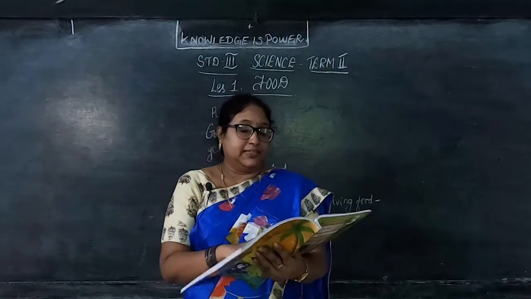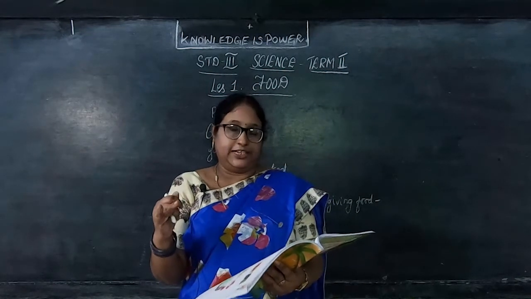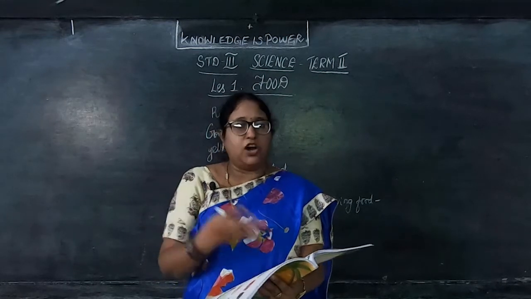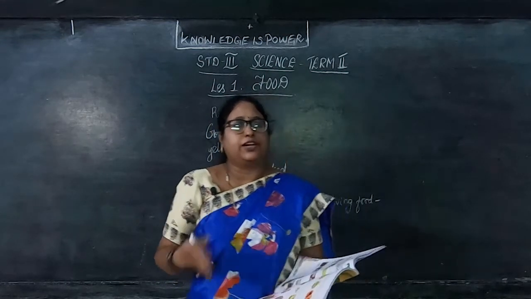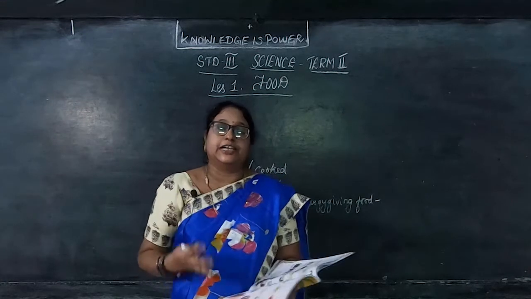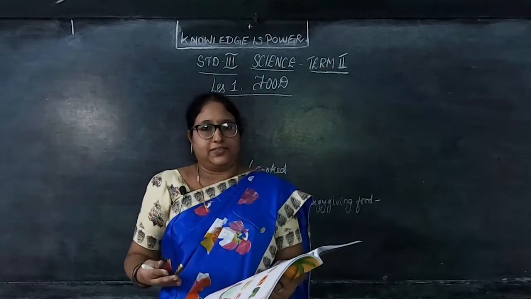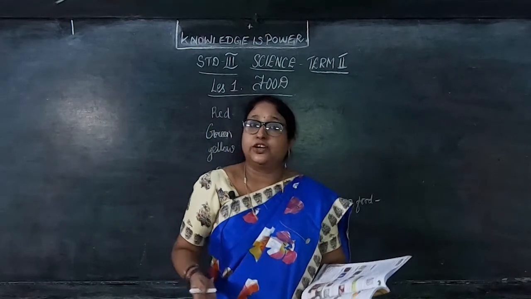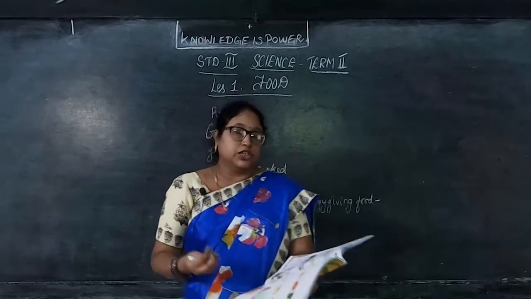What others will we see? Rice, wheat, godhuma, potato, sugar cubes, karkandi, and bread. All these are energy giving foods. So we have to take a lot of these things which contain carbohydrates. Daily we eat rice. Wheat, that is, we make chapatis like that. Then potato. All the children like potatoes, right? Then sugar cubes and bread.